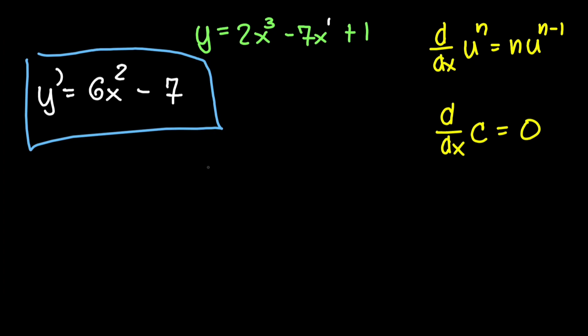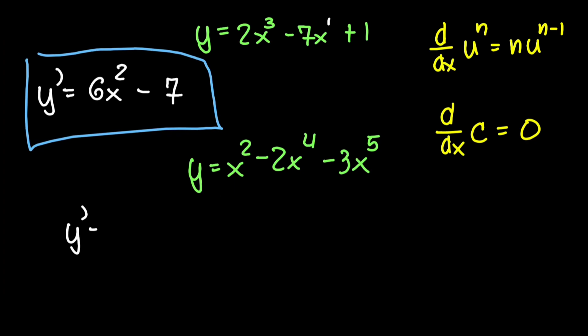Moving on to our second problem, y equal to x squared minus 2x to the power of 4 minus 3x to the power of 5th. This is purely power rule again. Y prime now here would be equal to, taking the derivative of x squared, it is advisable that you would take the derivative of each part here, starting with x squared, according to the formula again,